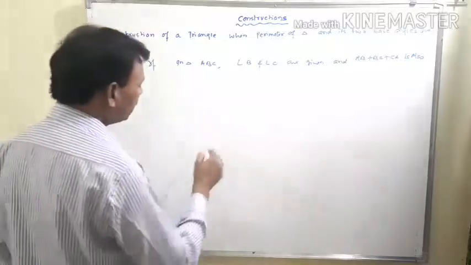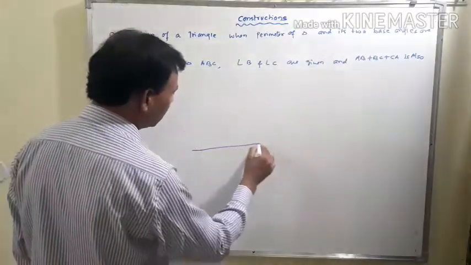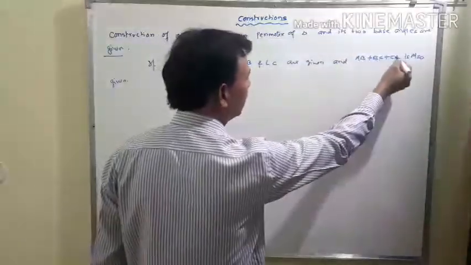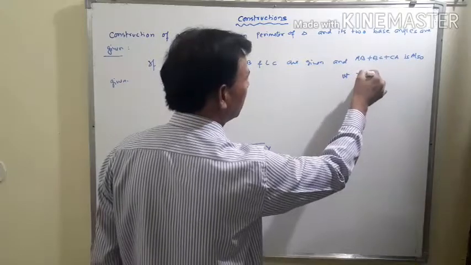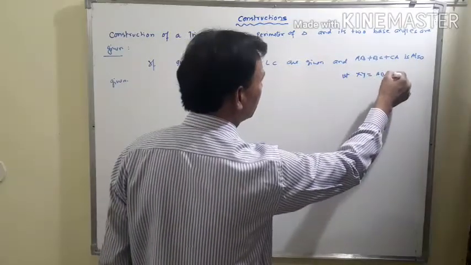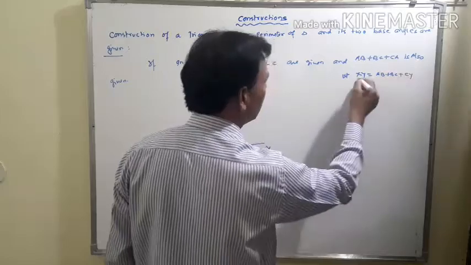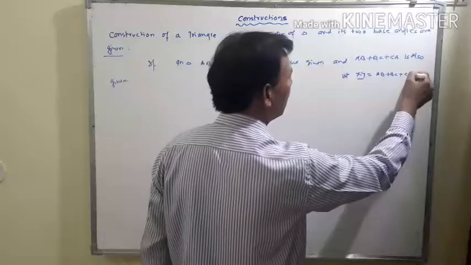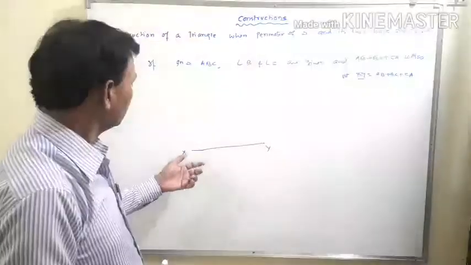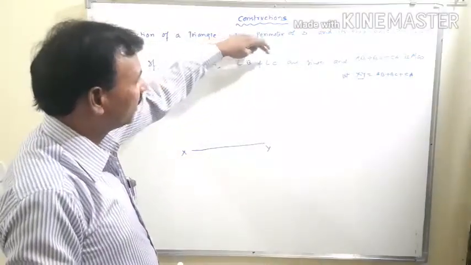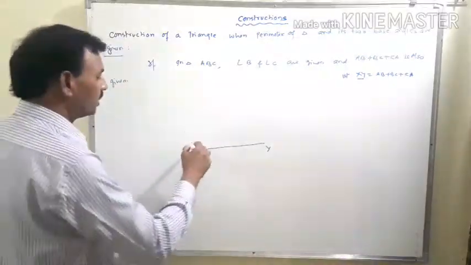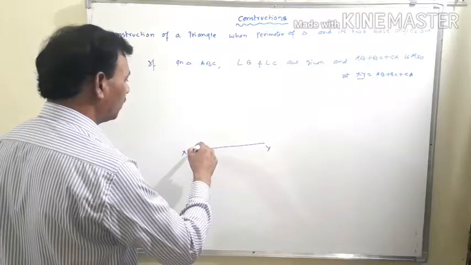For this, first we draw a line XY equal to AB plus BC plus CA. That means the length of XY will be the sum of all three sides, that is, the perimeter of the triangle. Then make angles equal to angle B and angle C at points X and Y. So suppose this is the angle